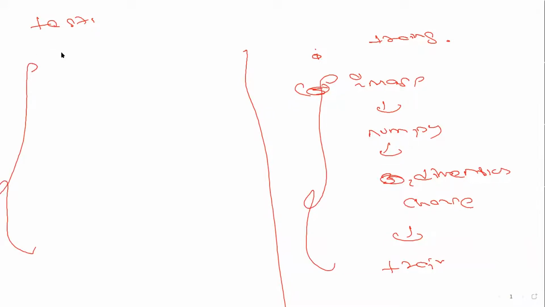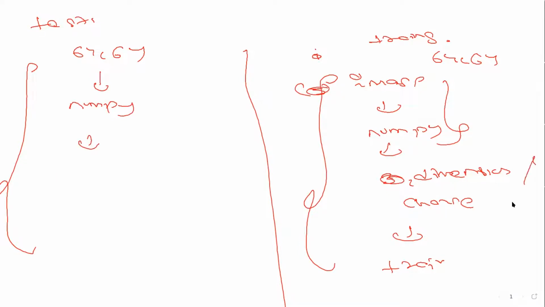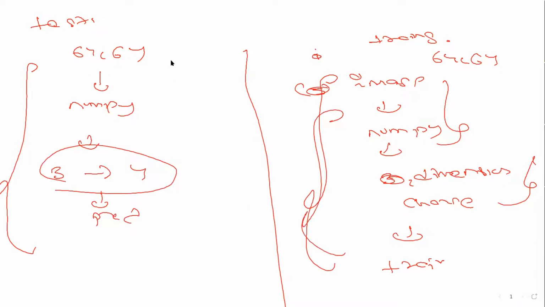So the first thing is the image size should be equal: 64 comma 64, because for training it was 64 comma 64. Yes or no? It should be converted to a numpy array. Have we done that? Image to array, we have done, right? Then we have to change the dimension from 3 to 4. Have we done that? Yes. Once this is done, you can go for prediction, because what we have trained on is exactly what we are testing on. So you can just predict the data. Now it's clear to everyone?